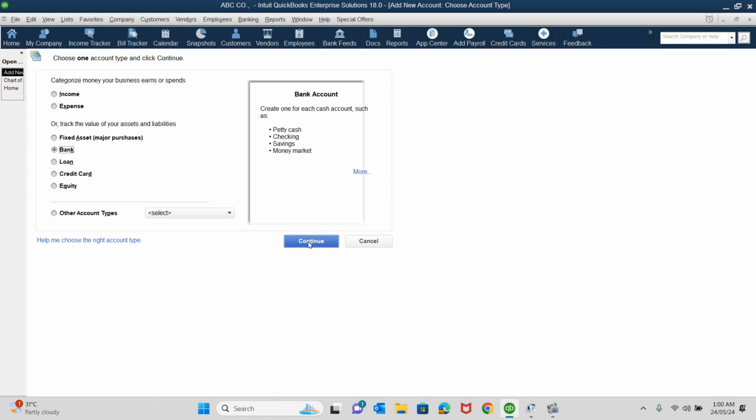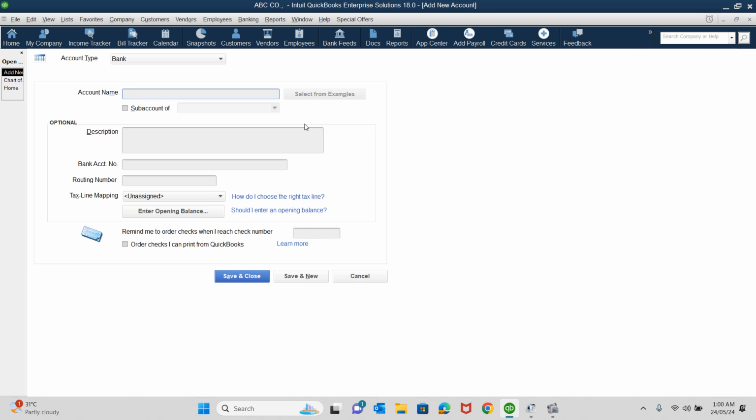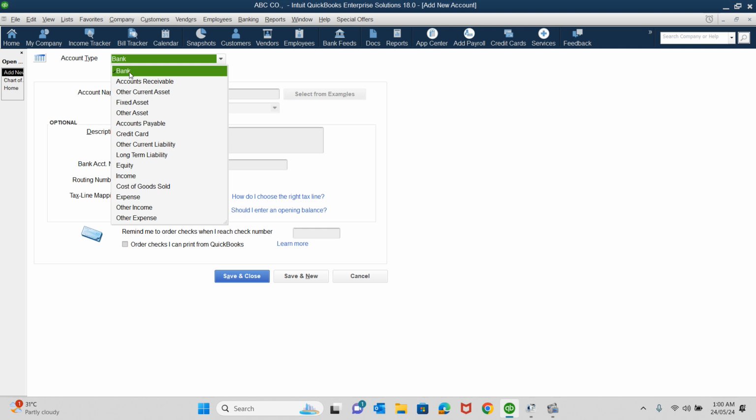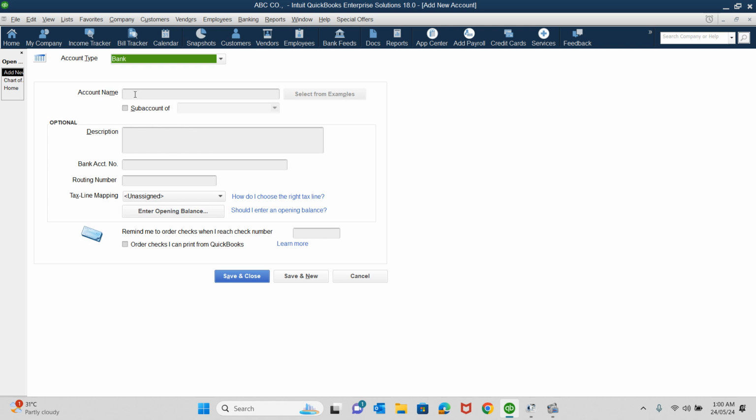You see here account type under Bank. Cash and bank is the same thing, so we will just create it under Bank. Account name: petty cash. Under which name? For example, if you have a person's name who is handling the petty cash, say ABC, we just take it like that. Under sub account of,